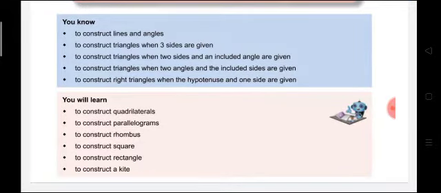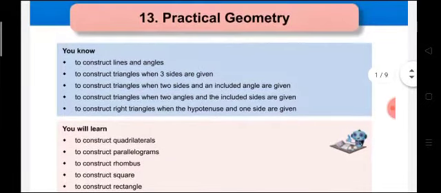Okay. So in the last year we learned about construction of triangles. To construct a triangle we require minimum 3 sides, or one angle and two sides. We require minimum 3 points to construct a triangle. So to construct a quadrilateral, how many points do we require minimum? Is it enough if we have 4 sides? We will see. No, we cannot construct with the 4 sides.